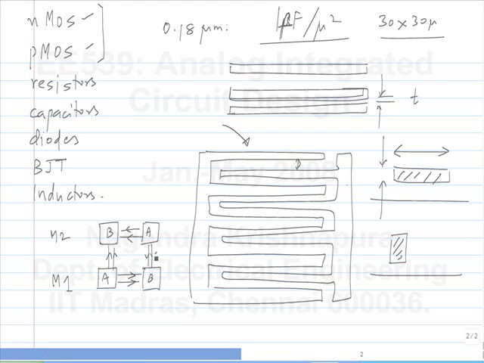So you can try to maximize it. It actually turns out that this is not particularly better than doing something like this, but people have tried all kinds of things. There is some value in trying to get different components from the same limited process that you have. So people have come up with creative ideas for making capacitors and so on.